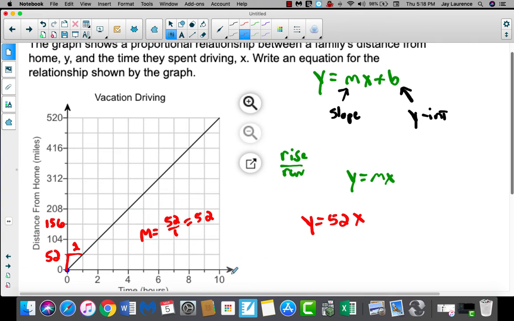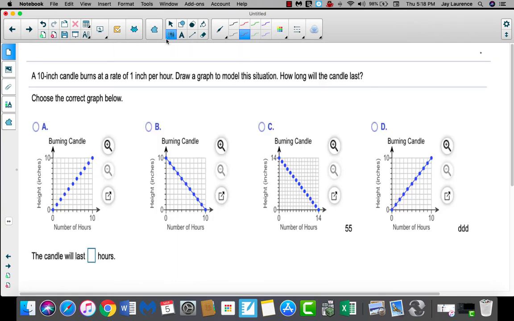Okay? In 10 hours, they would have gone 520 miles. Watch. Y equals 52. How many hours? 10. 52 times 10 is 520. And see, there it is, 520 miles. I know I'm correct. All right, this one here says a candle burns at a rate of 1 inch per